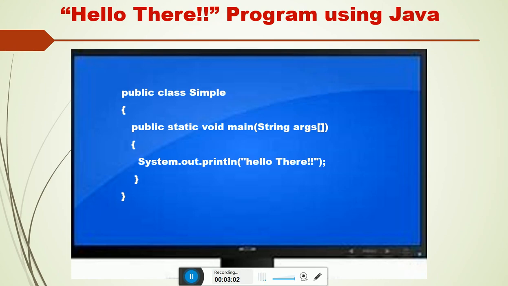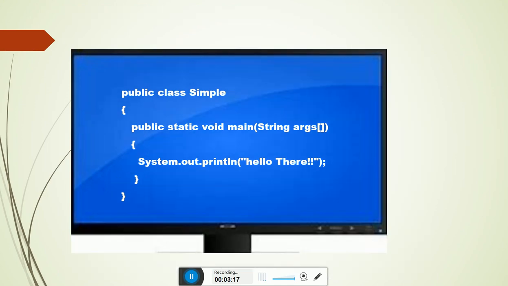Now, next, what you want to do is run it. So let's do that. When we write a Java program, we don't write it in the form of machine code.